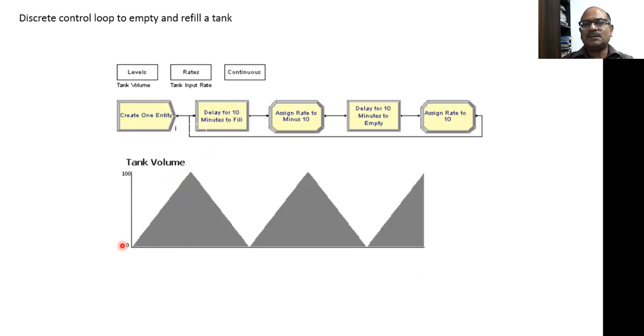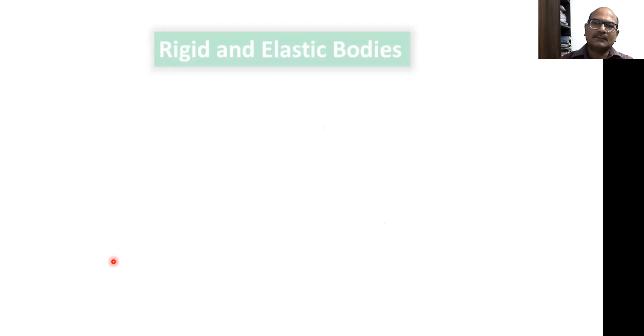So you can say these time lapses are 10 minutes to rise, 10 minutes to lower, and again 10 minutes. This delay of 10 minutes is providing the discrete behavior, providing the gaps, so that a continuous rise of tank level is not available, and the level of the tank cannot go beyond control. So that is the discrete system.